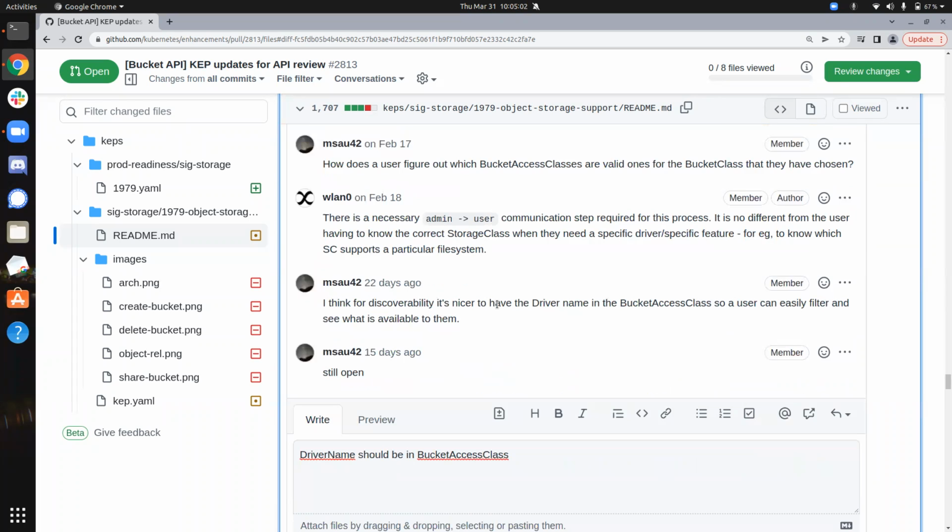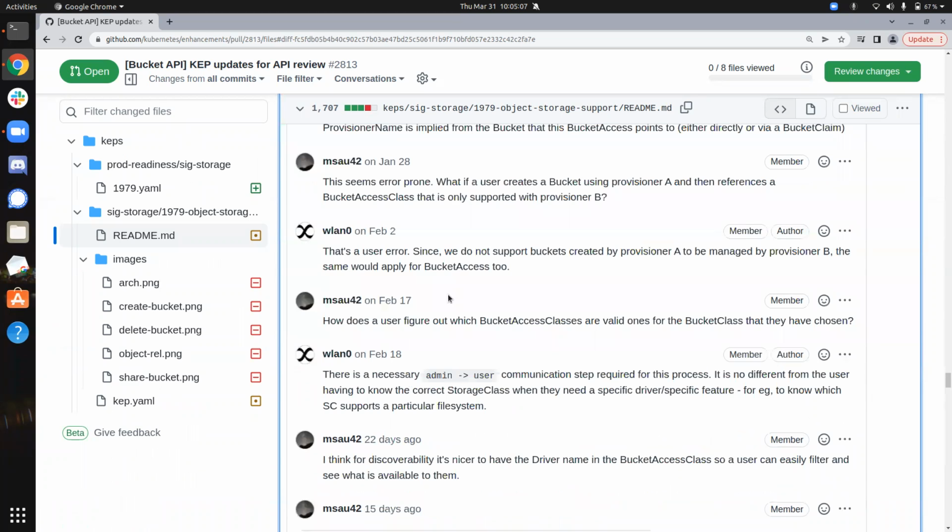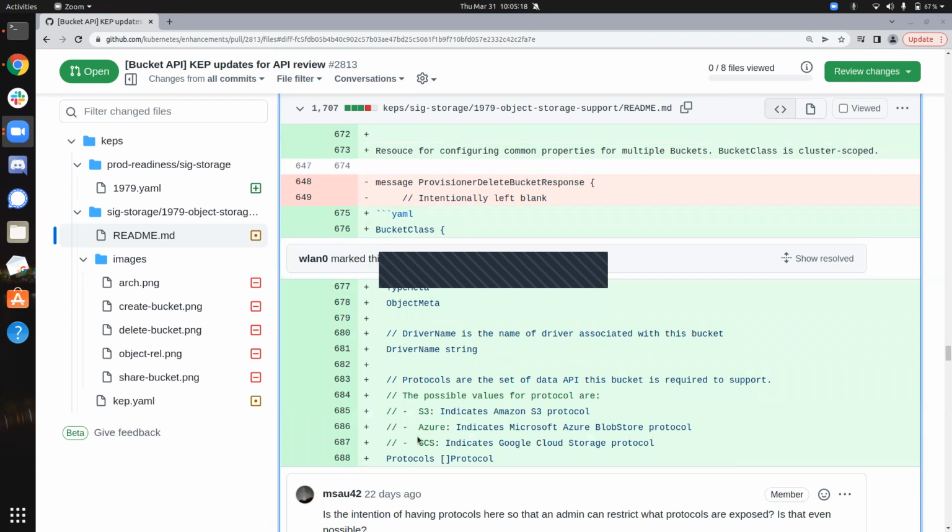Sweet. Okay. It was about protocol last time. We were talking about protocol, which is currently in the bucket class. We were talking about moving it to the bucket claim. The idea being that it's the application that knows what protocol it wants to talk to. And so there should be some mechanism for whoever is running the application, say using a bucket, to use the bucket claim to specify what protocol the bucket should support. So